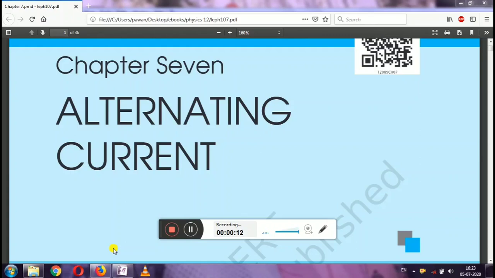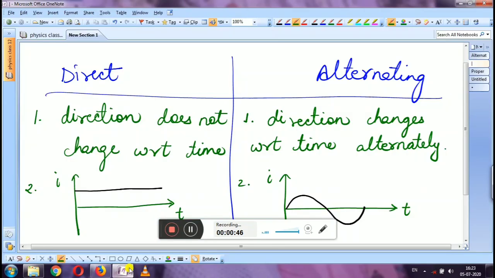So today we will be starting our chapter 7, which is alternating current, as you can see here. Before chapter 7, you studied about electricity in chapter number 3. There in that chapter, we used direct current to study all the facts. Direct current you can also call DC, and here you will study about alternating current, which you can call in short as AC. So what is the basic difference between DC and AC? That only will be our first point of discussion today.